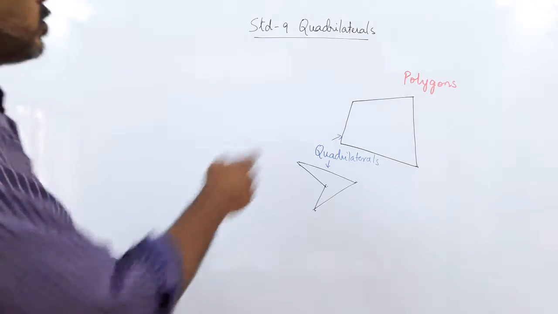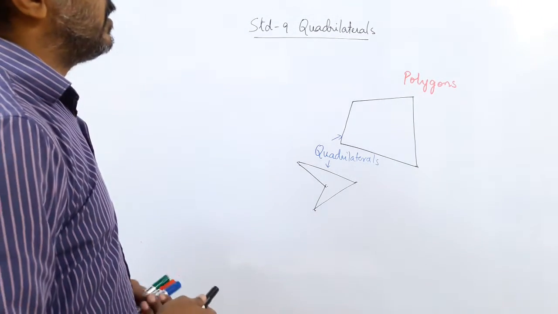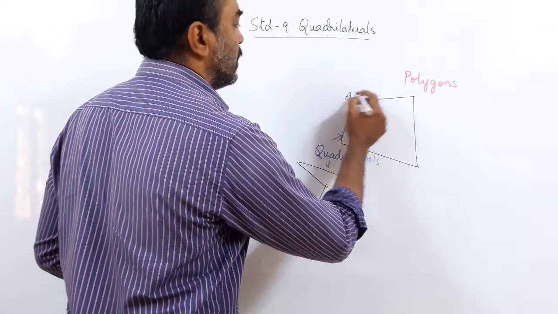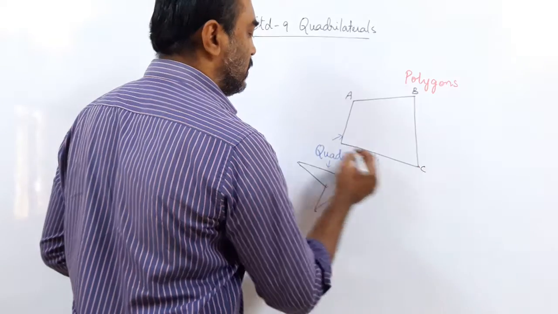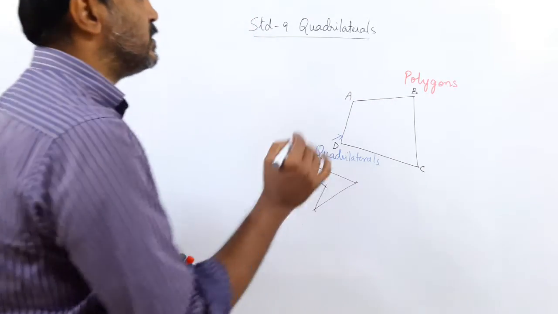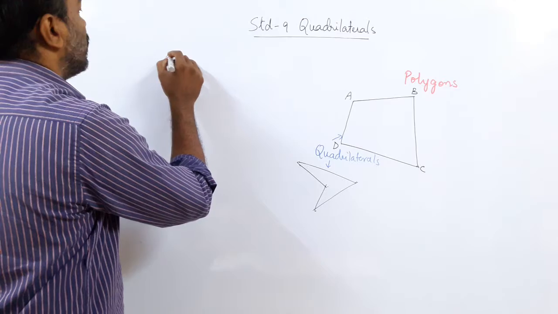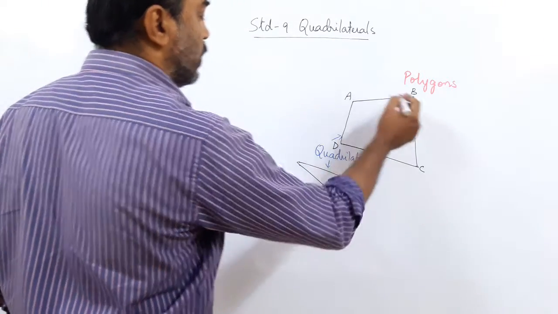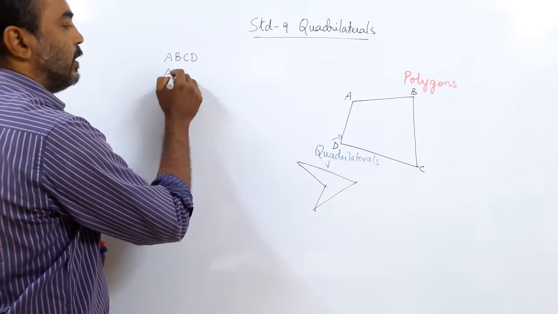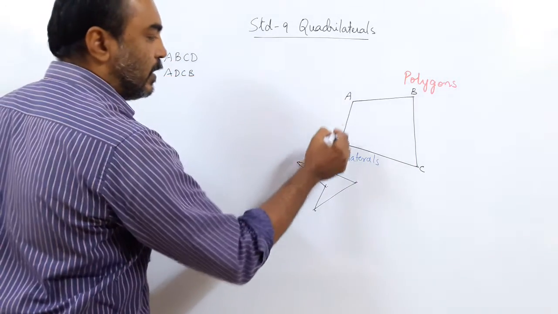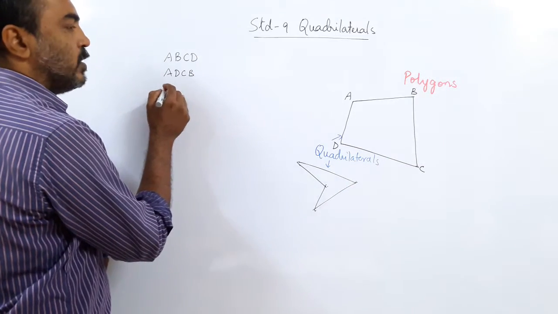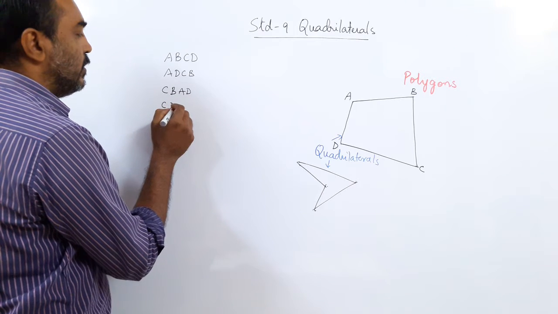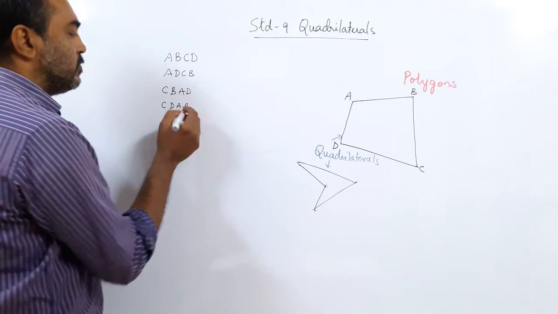So you can see now, what does a quadrilateral have? Now a quadrilateral, you have to remember, has to be named in an order. So when I write the order, say A, B, C, D. The quadrilateral is always named in order. You can name the quadrilateral A, B, C, D, meaning the points A, B, C, D are in order. Or you can call it A, D, C, B. Or you can call it C, B, A, D. You can even call it C, D, A, B.